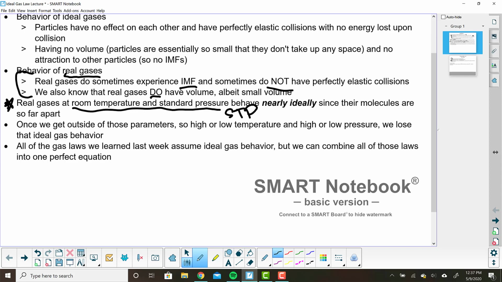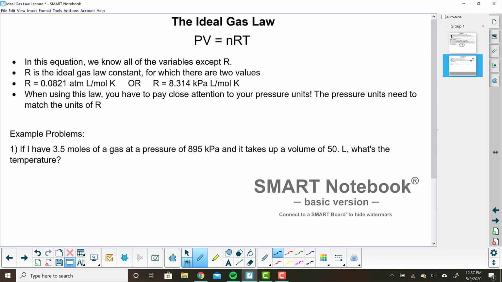So we are going to talk about everything that we talked about last week with pressure, volume, temperature, and number of moles. Now that we've introduced this ideal gas behavior, we are going to learn one equation, one perfect equation. It's like the one ring. This is the one equation to rule them all. This is the ideal gas law, the law that combines all four of these variables. It tells us how gases behave. So here is that ideal gas law. It's PV equals nRT.